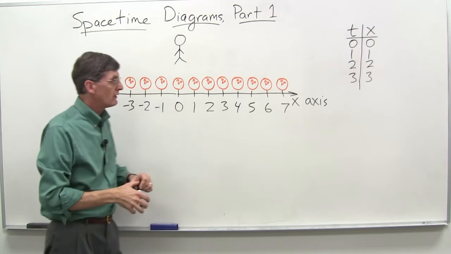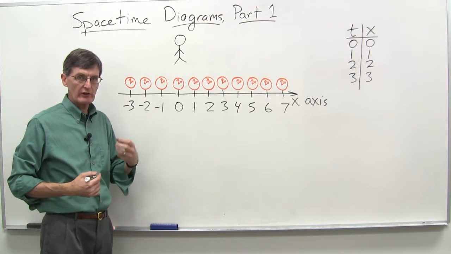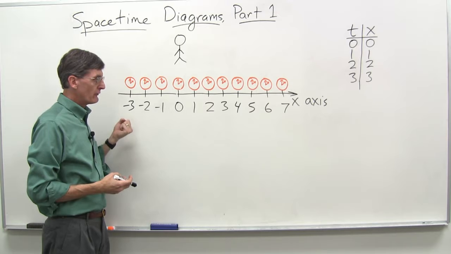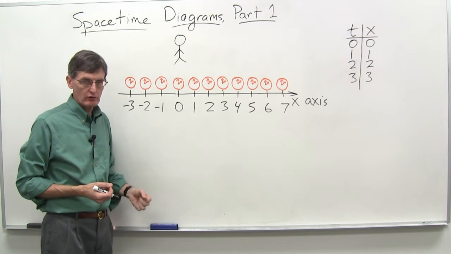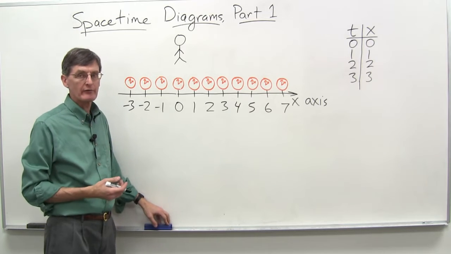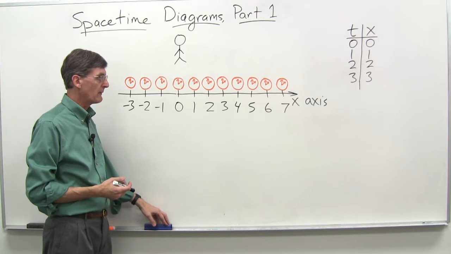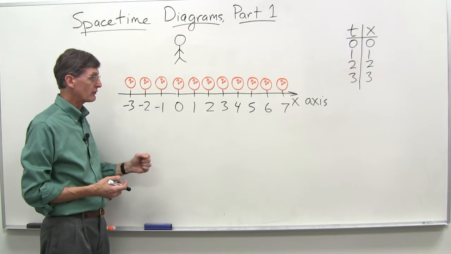Okay, moving on here. Now we come to space-time diagrams, part 1. As we mentioned in the last video clip, this is a way to visualize how events occur. And we'll find it's very useful later on when we're dealing with some of the concepts of the special theory of relativity. But let's go back to the key concept from the last couple of video clips, and that is